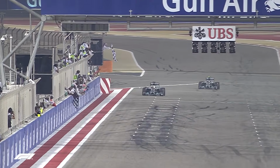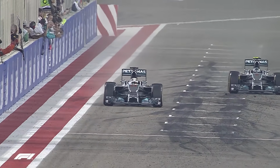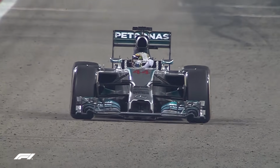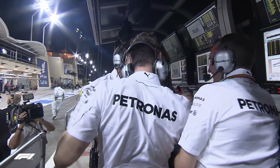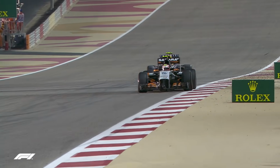And Mercedes are going to make it back-to-back 1-2s. It's Lewis Hamilton who once again wins the Grand Prix. Hamilton triumphs in Bahrain from his teammate Nico Rosberg, and it is smiles all round of both celebration and